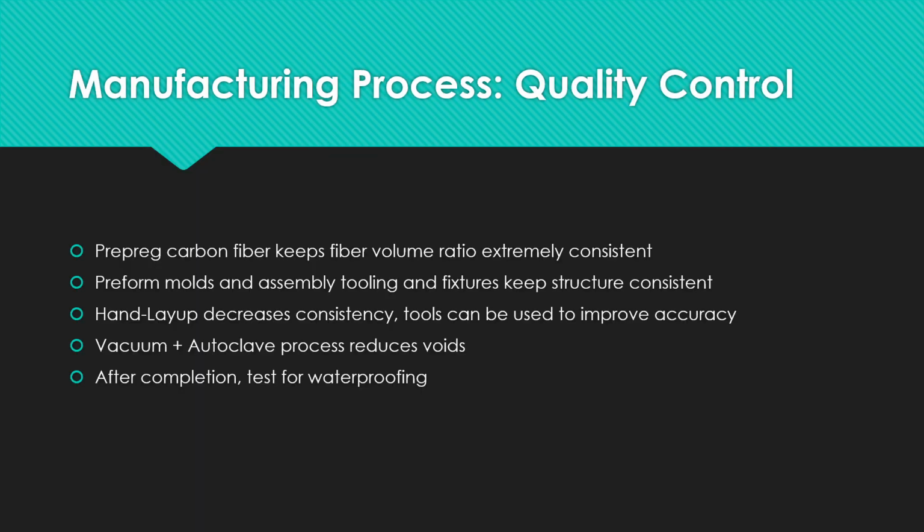Regarding quality control, the usage of prepregs keeps the fiber volume ratio extremely consistent, which is very important for the structural properties of the final camper. The development of preform molds and assembly tooling and fixtures allow the final structure to be consistently produced. Hand layup of the carbon fiber prepreg decreases consistency, but many tools, including lasers, can be used to improve the